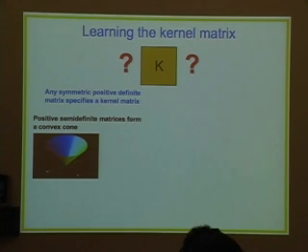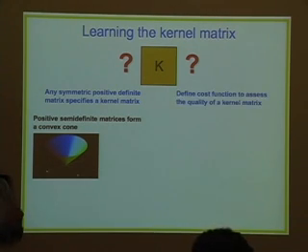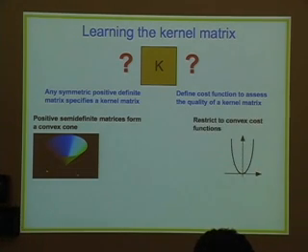Without saying too much about it, it turns out it's a very nice set over which to optimize, because it's a convex set, it has a nice shape, and people can actually efficiently write efficient code to optimize over this set of matrices. Okay. The other thing now is that obviously if we want to optimize over this set, we have to be guided by something to pick the best candidate from here. Okay. So we need to define a cost function to assess which kernel matrix would be the best one to go with.